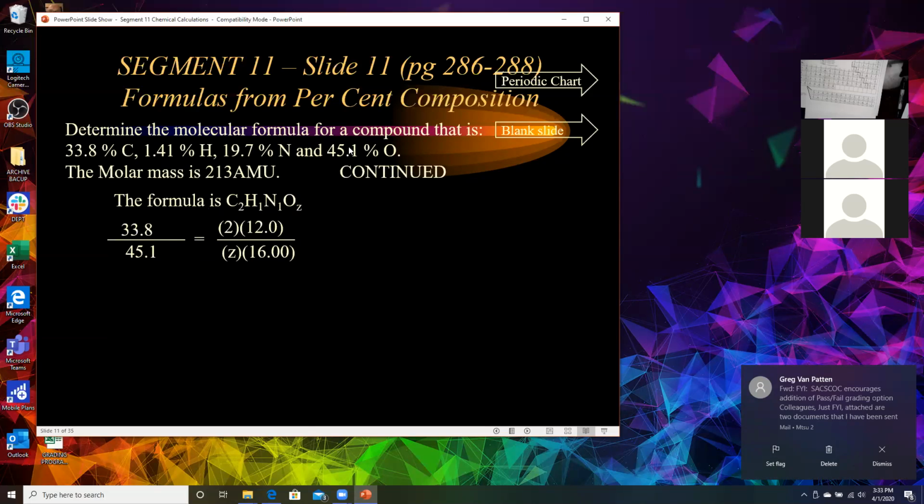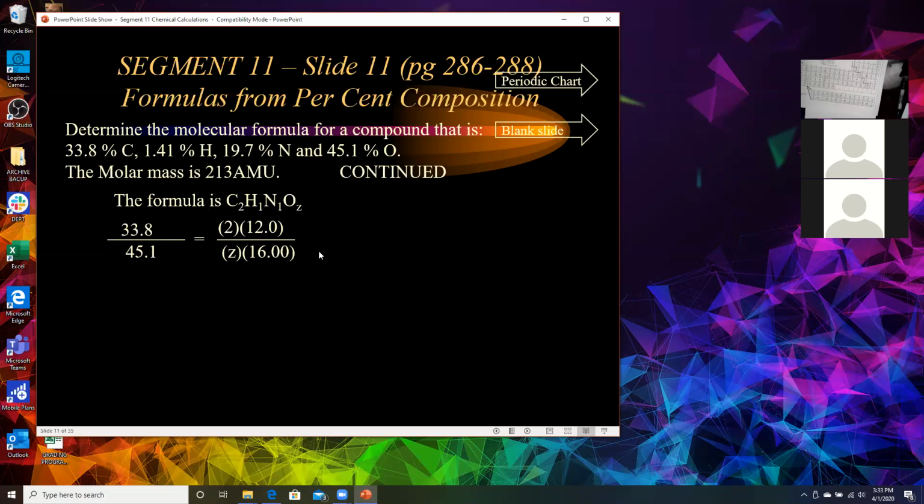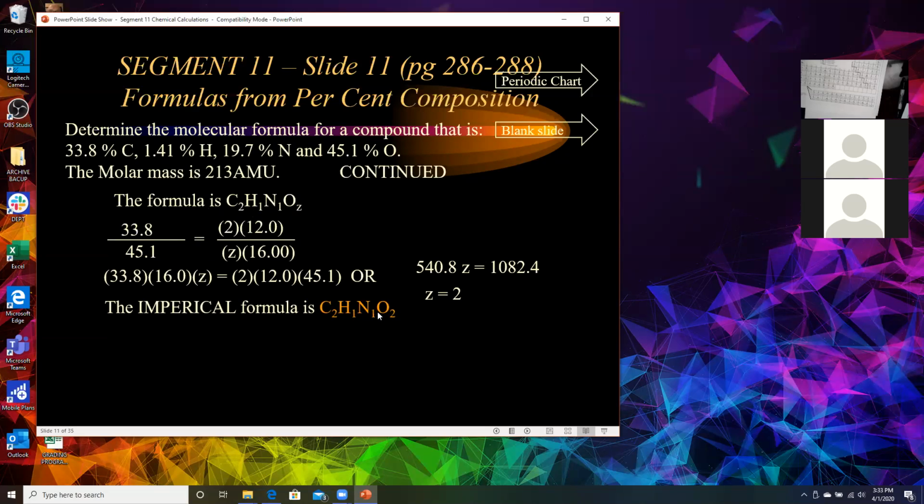45.1% oxygen. There's Z of them. The atomic weight is 16. I cross multiply, rearrange, solve for Z. Z is 2. So my formula for my compound is